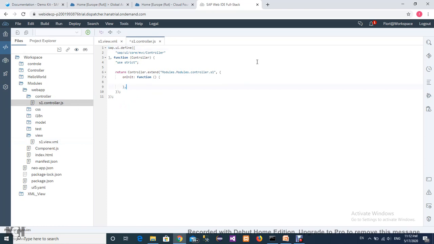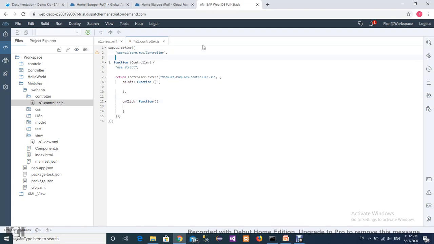Here, on click function. Now comma, sap/m/MessageToast.